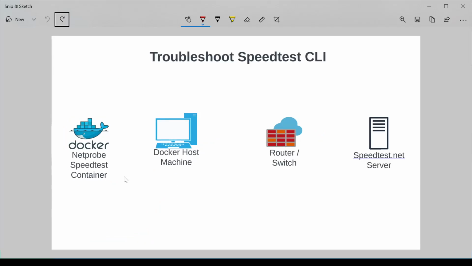PCAPs. So what I'm going to be doing is showing you how to run a PCAP from the container itself, so that you can investigate what's going on from a network perspective when that traffic is downloaded to the container. And I'm also going to run a PCAP on the host machine when I run that script from the host machine itself outside of Docker. And that way I can compare the two. I'm also going to show you some techniques on how you can prepare a Docker container image for troubleshooting